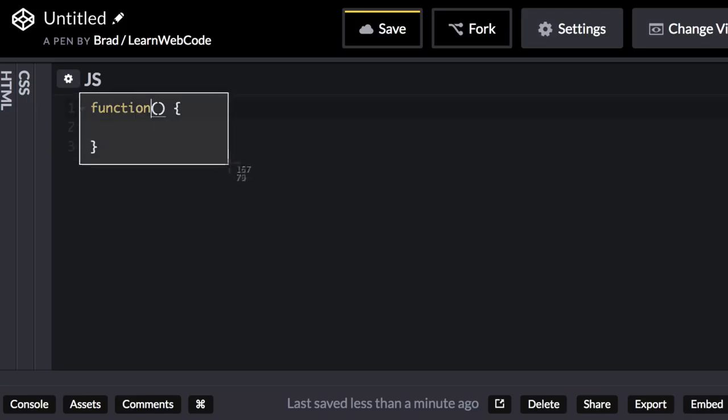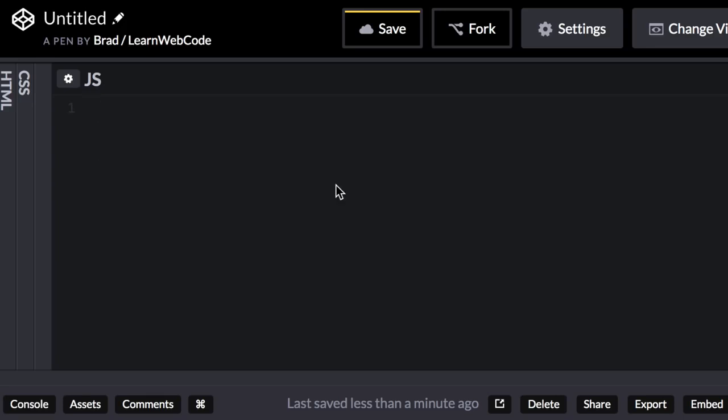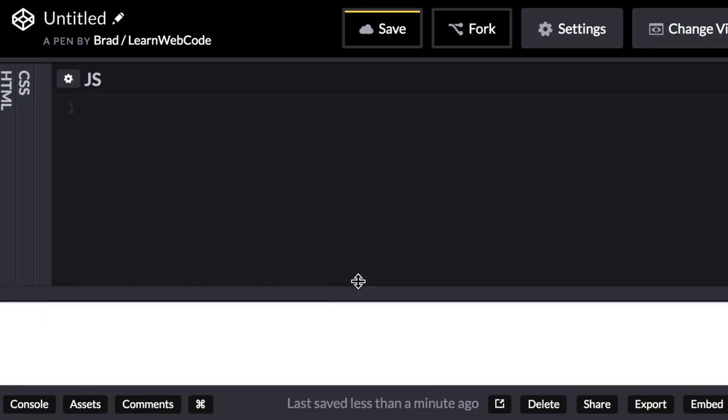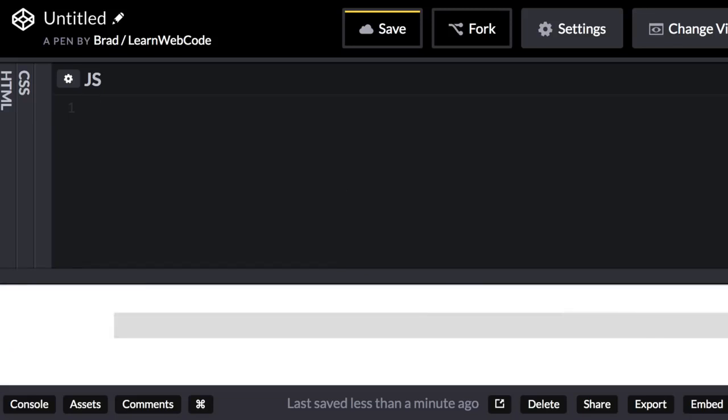Now, at first glance, you might think, well, what is the point of this? If it doesn't have a name, how can we ever call or execute it later on in our code? Well, let me show you an example of when we could use an anonymous function. So let's erase this and let's give ourselves a goal. Let's imagine that we want to set things up so that whenever the user clicks anywhere on the web page, so anywhere down here, whenever they click, we want to show an annoying alert pop-up message that says, "Thank you